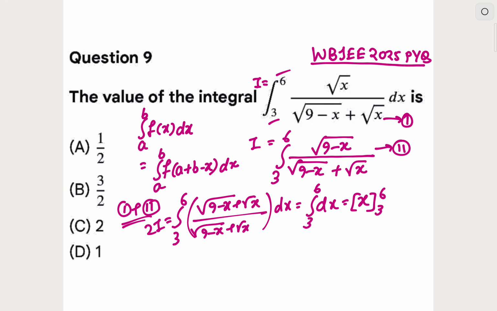So 2I is equal to this, so is equal to 6 minus 3 is equal to 3. So 2I is equal to 3 from here implies I is equal to 3 by 2. So the final answer that we are getting here is option number B, that is 3 by 2. So the value of the integration that we got is 3 by 2, and we have solved it very easily using the